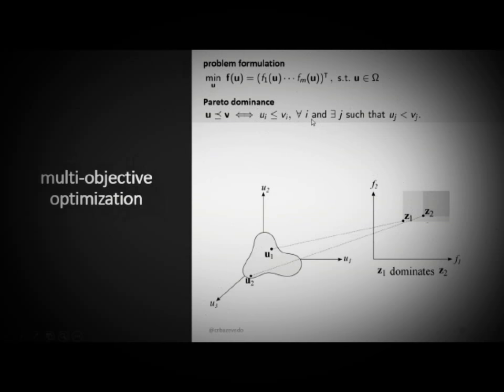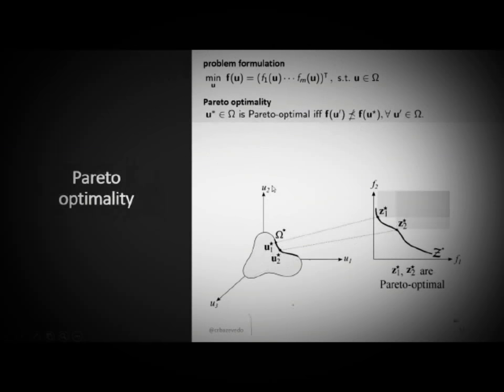So otherwise, you can't really compare those two solutions, because one might be better in one criterion, but be worse in the other criterion. And how do you decide which one's better? You can't unless you have a complete set of a priori preferences. And that's what we're trying to avoid, okay?